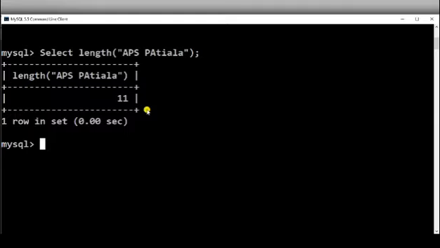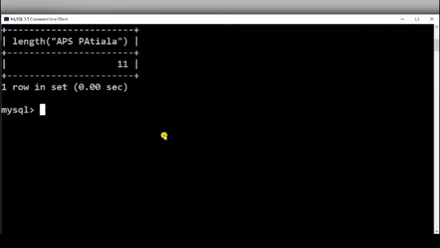When I press the enter key, it gives the length 11. As you can see, 1 2 3 4 5 6 7 8 9 10 11. It is 11 characters long. It has included the space which I typed in between in the length of the string. The length of the string includes all the spaces within these quotes.